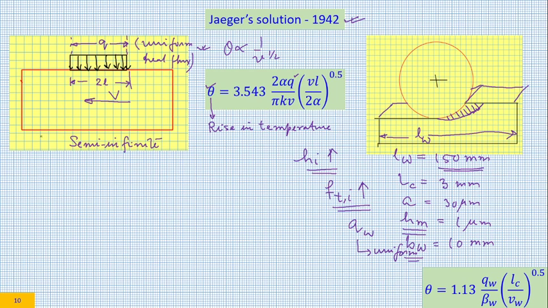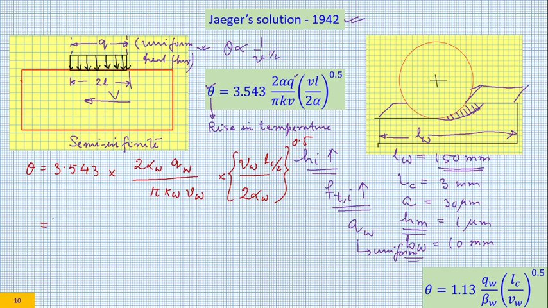So theta would remain theta. 2 alpha would become alpha W, that is thermal diffusivity of the workpiece. Q would become QW, then pi by KW into V would become VW into VW divided by 2 alpha, and this L is nothing but L by 2. So this will become LC by 2, and the whole thing would have a power of 0.5. So if I divide this number by pi, I get 1.13